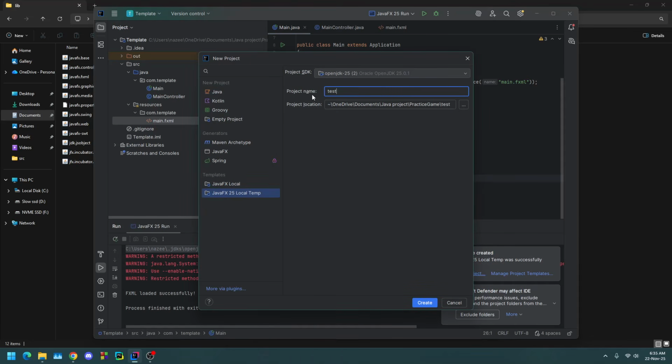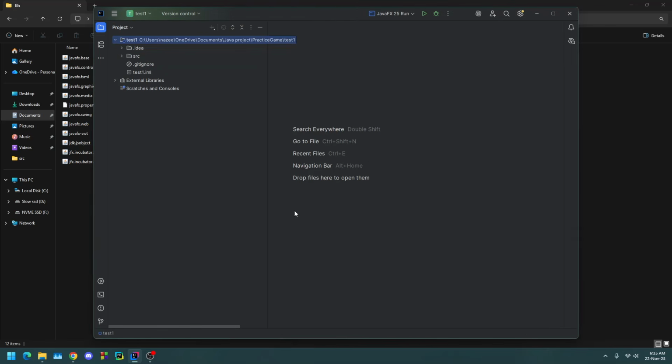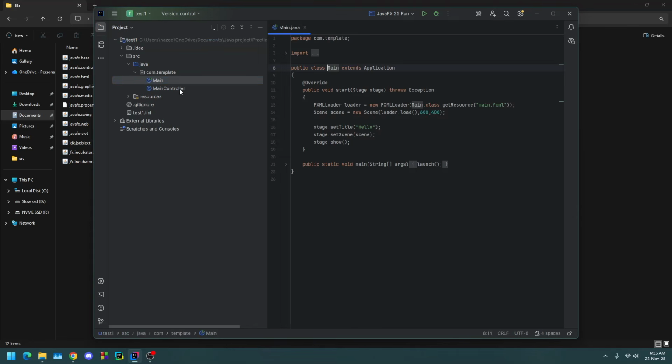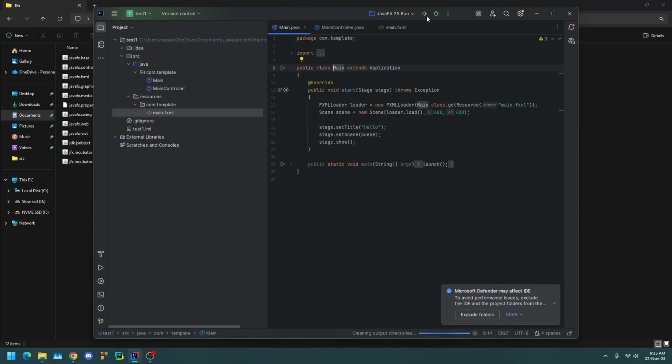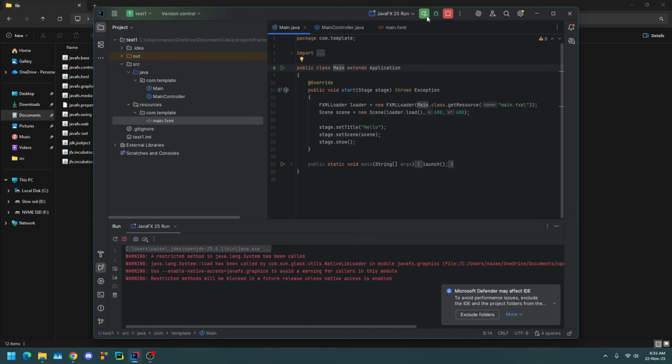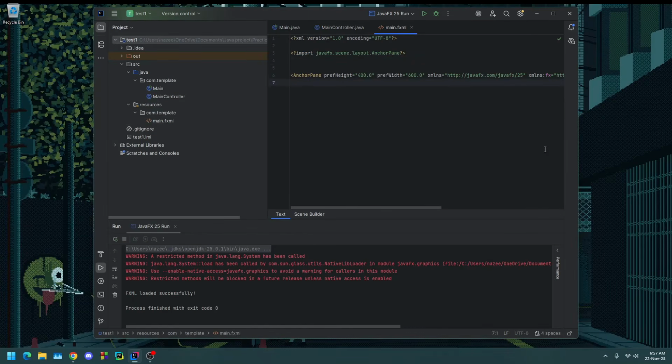So let's name it test1, create this window. And as you can see, yep, everything works fine. Let's try to run this. Nice. Hello, friends. Now that you have a local JavaFX project template, you might be wondering, how do I use